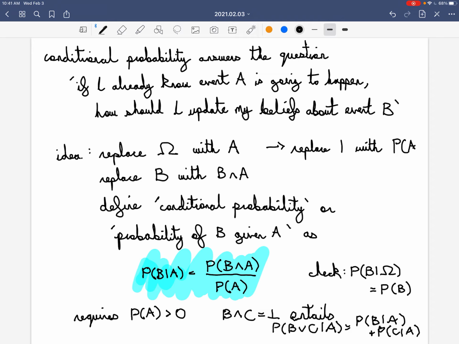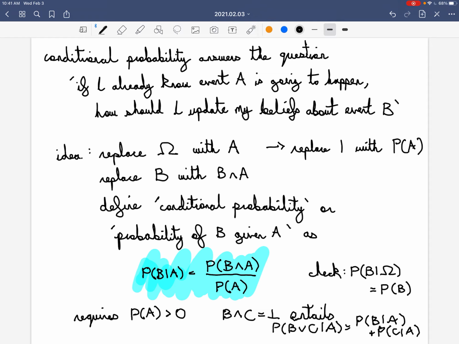For example, we've replaced the whole sample space with A. We've replaced 1 with the probability of A. We've replaced B with B and A. We've replaced normal probability with conditional probability on A. And all of the normal things we know about probability also apply to conditional probability, including the conditional additivity axiom